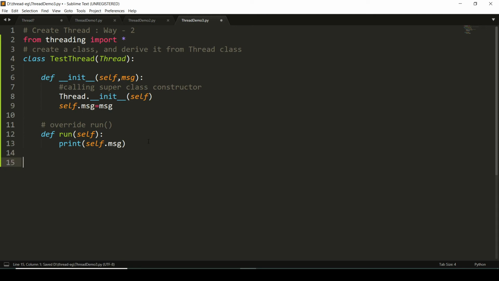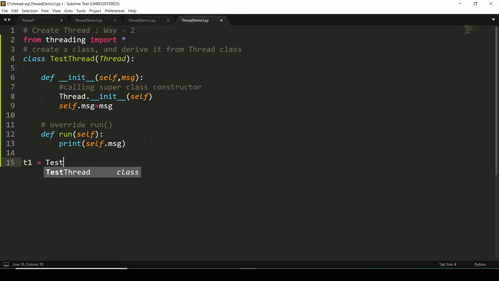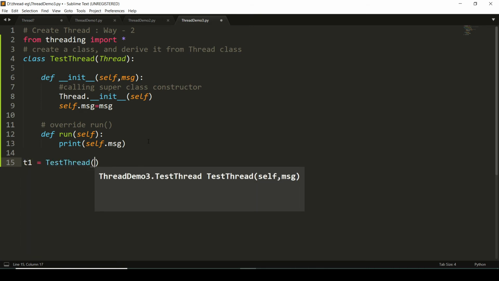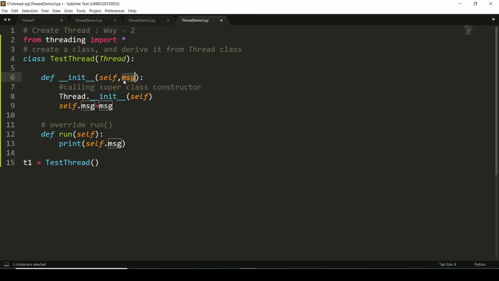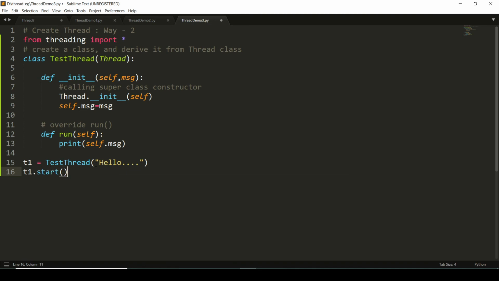That's all for the class creation. Now we'll create an object t1 equal to TestThread. Whenever I'm creating an object, I also have to pass one message, so I'm passing the message hello. Then I'm calling the start method so that it can run.